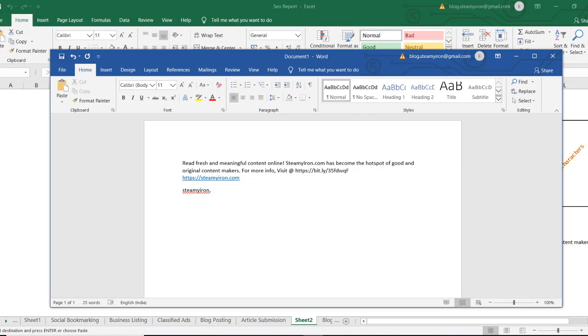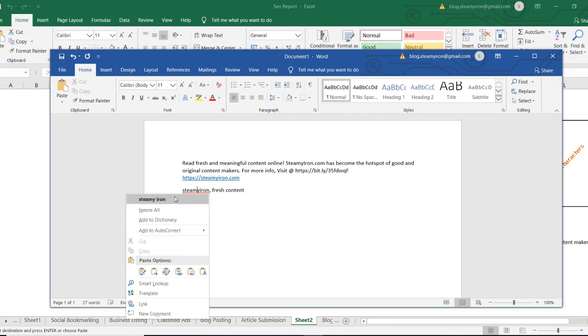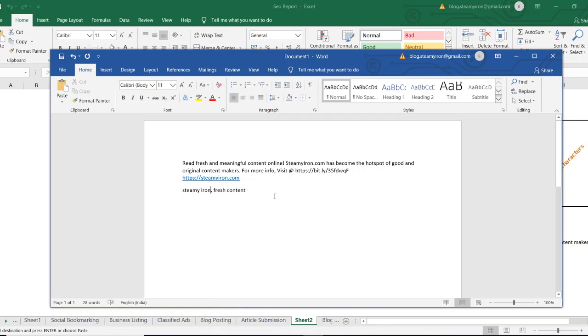One keyword is Steamy Iron and the other is fresh content. Suppose it's my blog posting for SEO purposes.